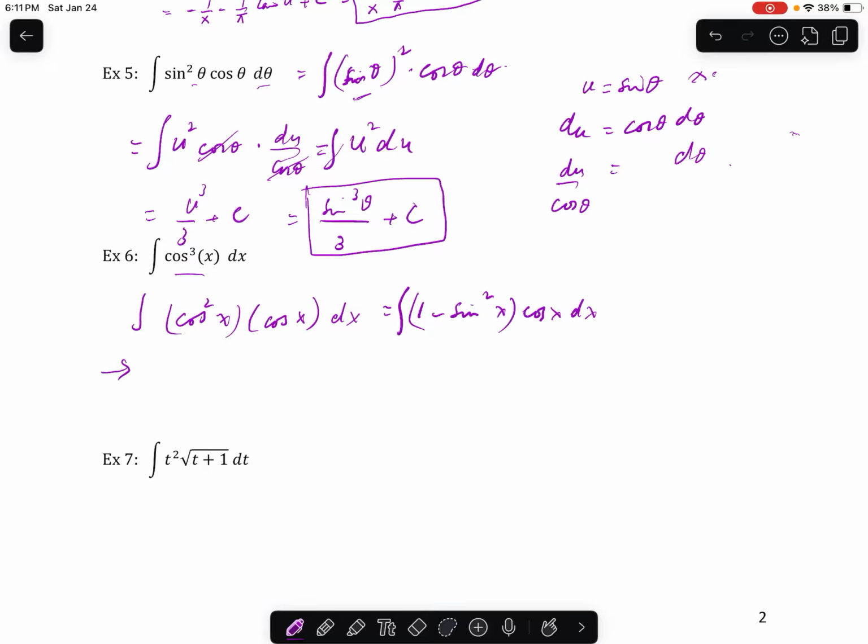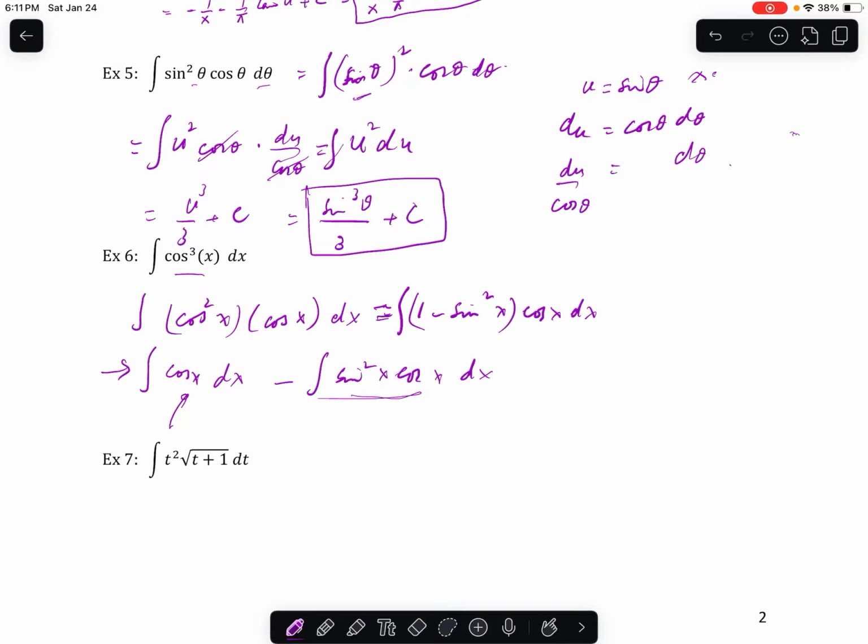Sometimes you can use arrows or equal signs here. So this will give you the integral of cosine x minus, now I'm going to separate the integrals. It will be easier that way. Integral of cosine x dx minus integral of sine squared x times cosine x dx. This should be okay, but here you need to